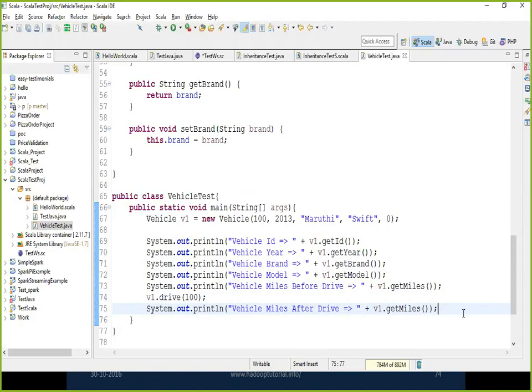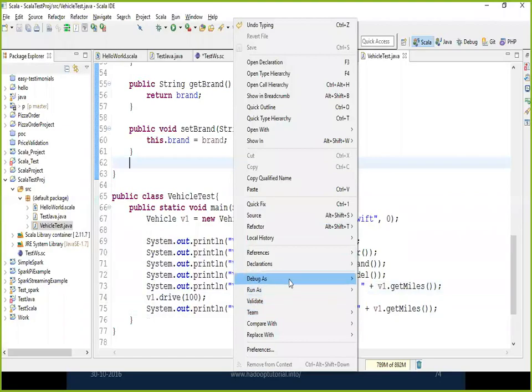So these are things that I want to perform, and if I run it as a Java test,